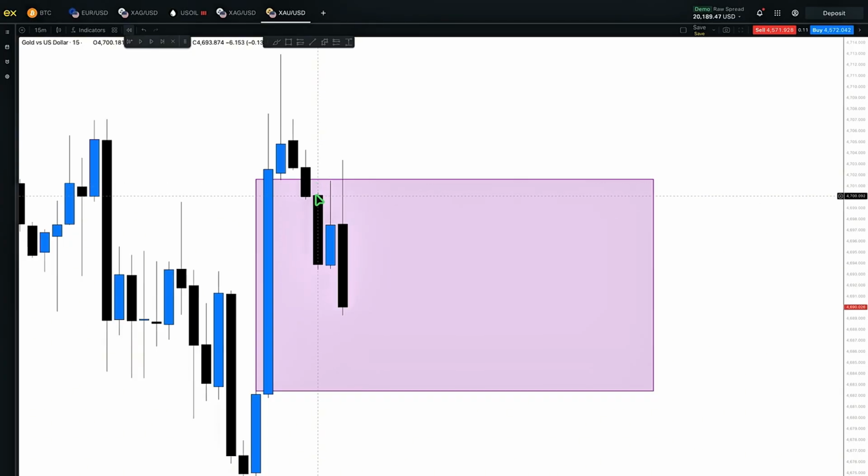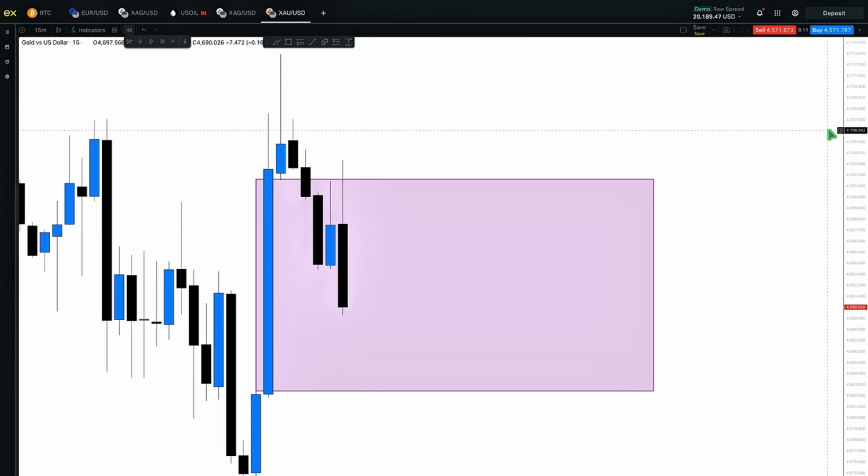Okay, so you can see price came down, went above that fair value gap, and then it gave us another retest. If you look at this structure on smaller time frame, you will see that the price came down, then it went up and then came down. So we got our two retests of this fair value gap. The first one was here, price came down to this point, then it went up and then price came down. So we got